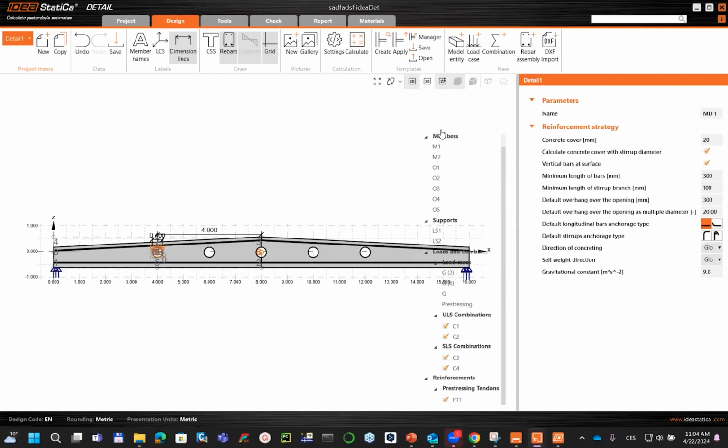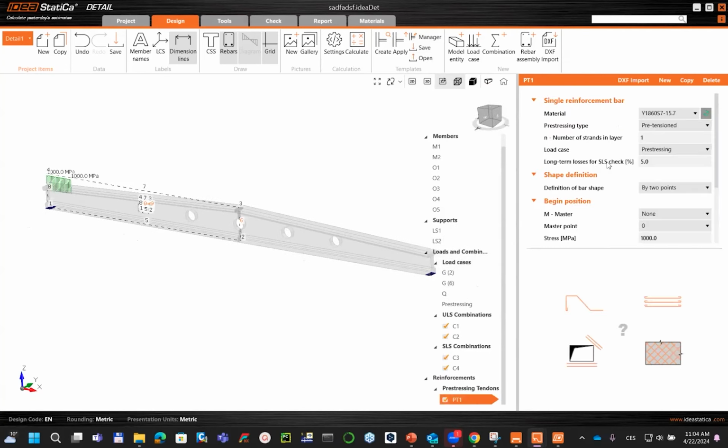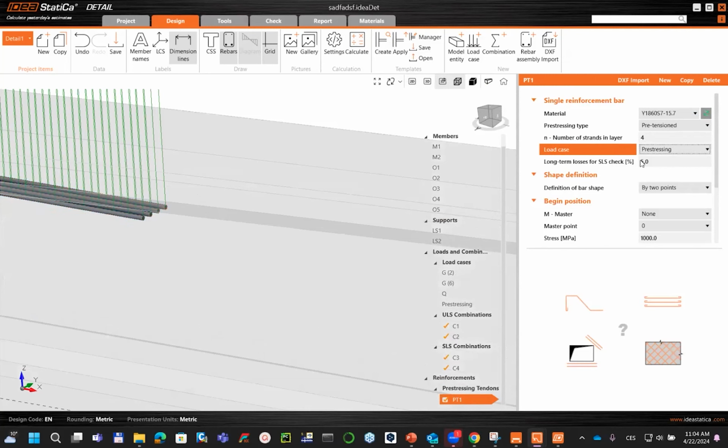And I would like to show you how it looks in 3D. The tendons have a gray color. I would like to have pre-tensioned tendons. There are 4 bars or 4 tendons in a layer. The long-term losses will be 20%,